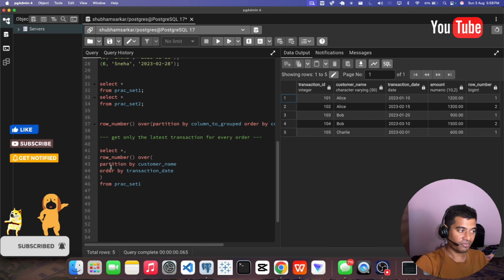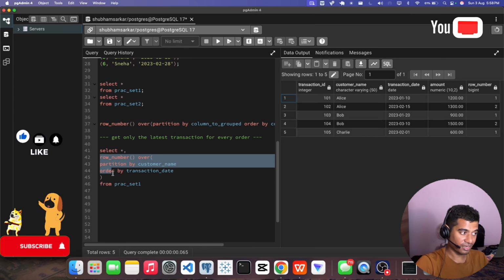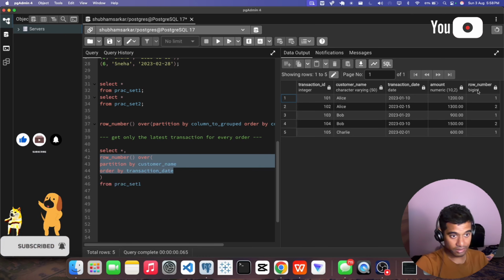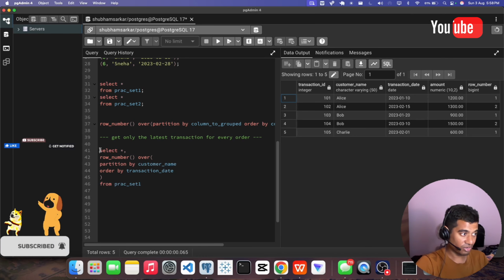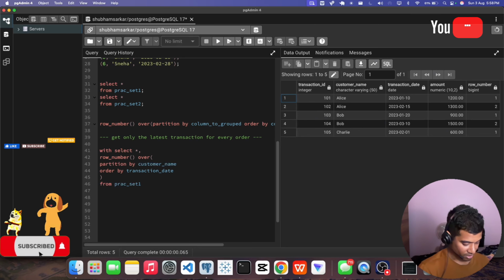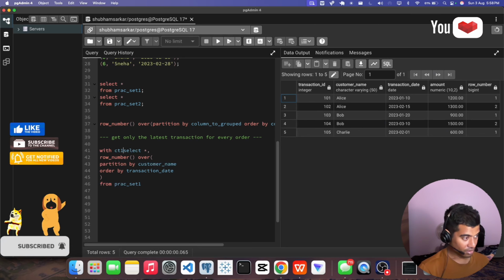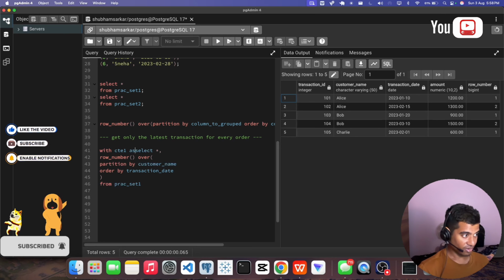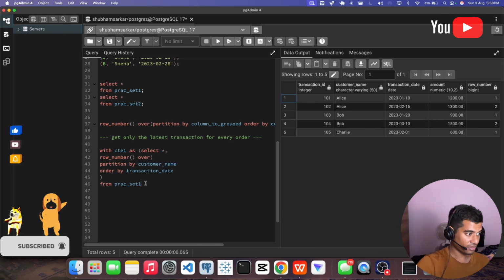This is the main concept, and let me tell you one more concept. Whenever you use anything related to row number, row numbering, always you have to use it with a CTE: with CTE1 as. Why with CTE?